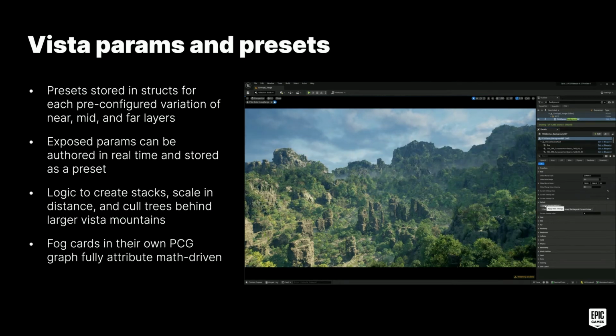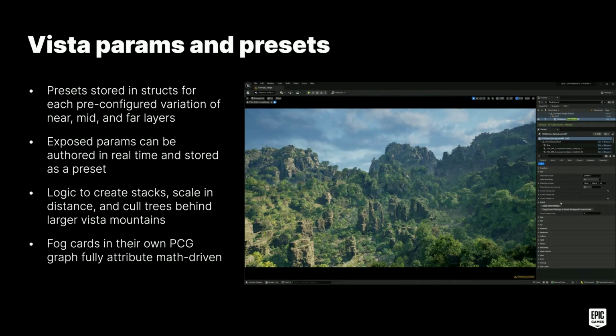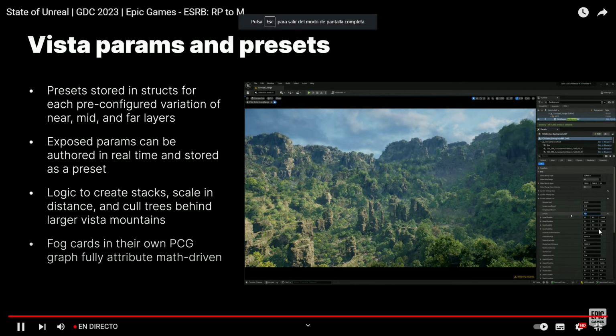And within all of the rules of the demo, we heavily rely on attribute operations. And through those operations, we scale things based on distance. We create stacks of mountains and cull trees behind those mountains. We reorient the fog cards toward the center of the world. And we even apply different vegetation